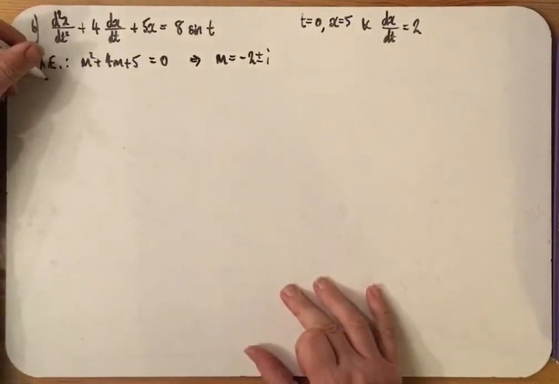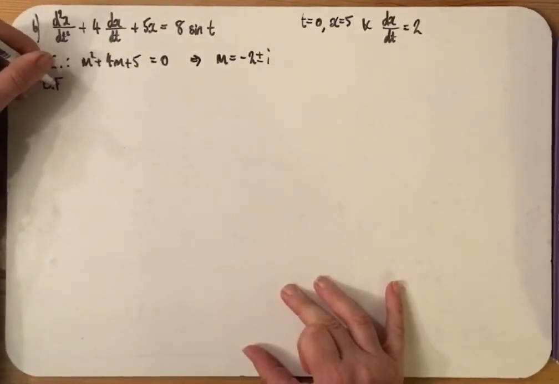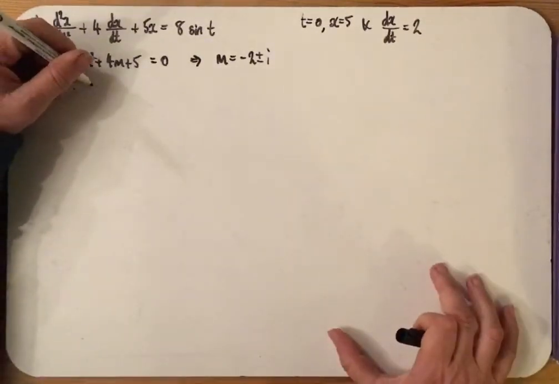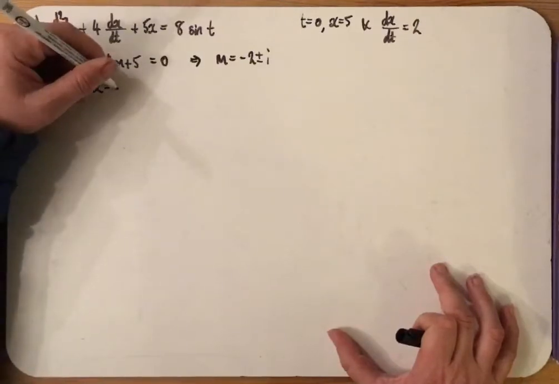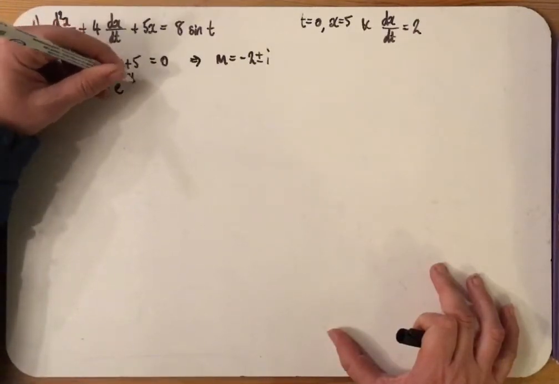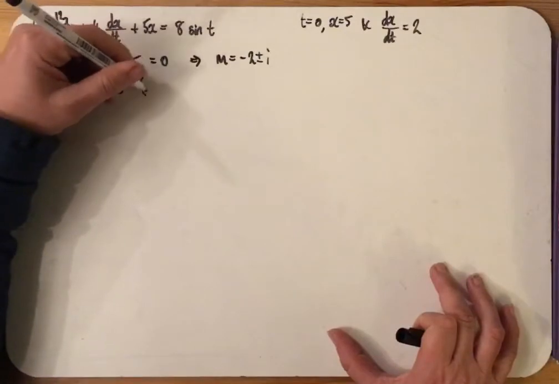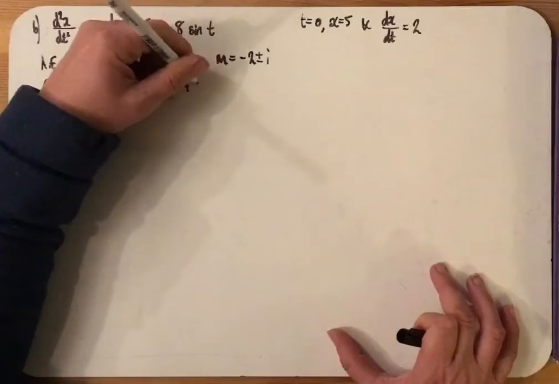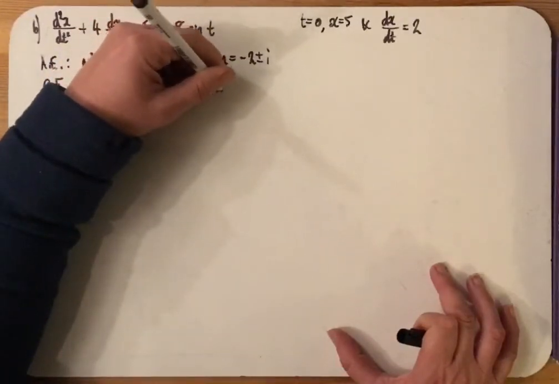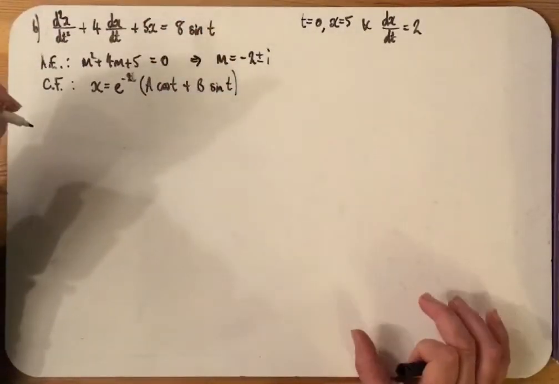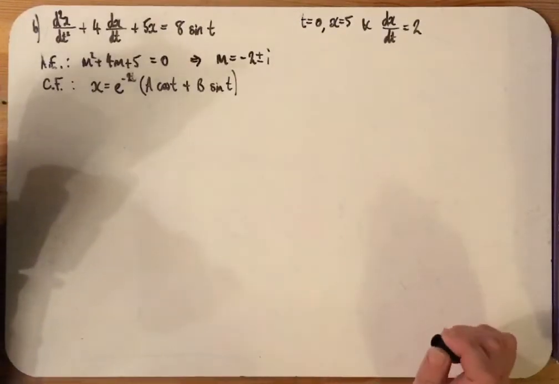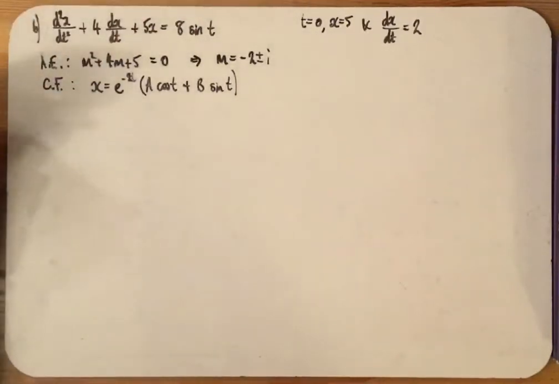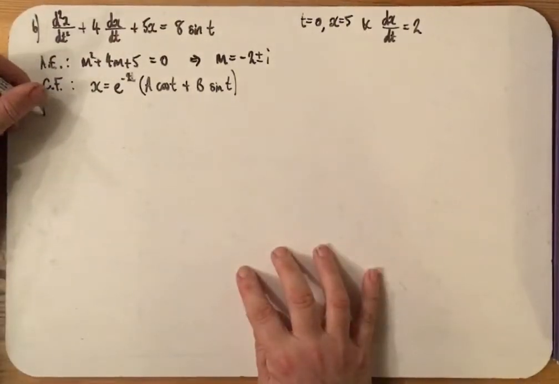And so the complementary function, and if you're like me, you'll just get really confused with all the names of everything, but that is x equals e to the minus 2t lots of a cos t plus b sine t even. And then we've also got this 8 sine t here, and so our particular integral,